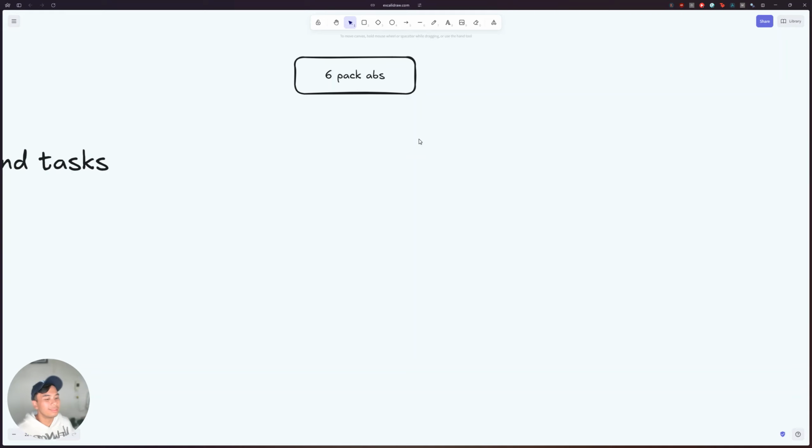But what do you really need to do every day, every week, every month in order to achieve that goal? So this is more appropriate for big projects. If the task is as simple as buying dog food, you probably don't need to break it down into smaller tasks. But let's say you've got this big goal, and that big goal is six-pack abs.